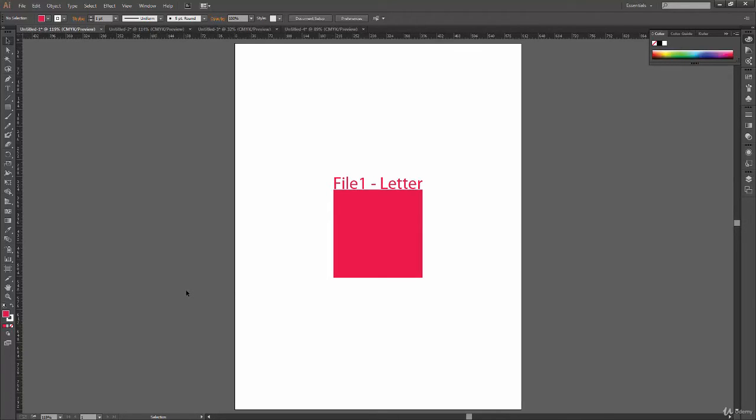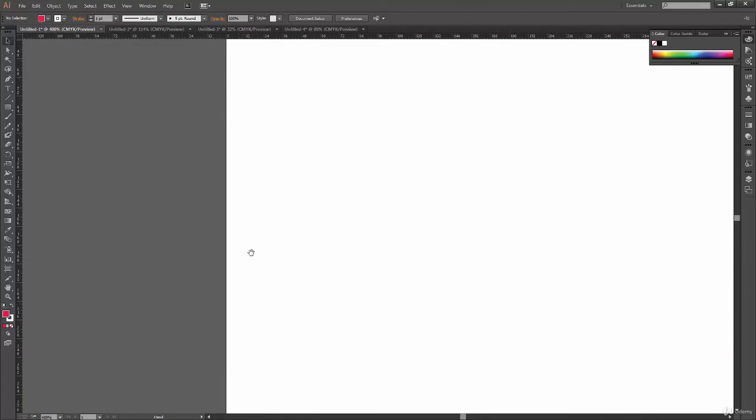I'm pressing Ctrl 0 to fit my artboard to the screen. So okay, now here is when I go to the top left corner of my file. Let me just zoom in real quick.